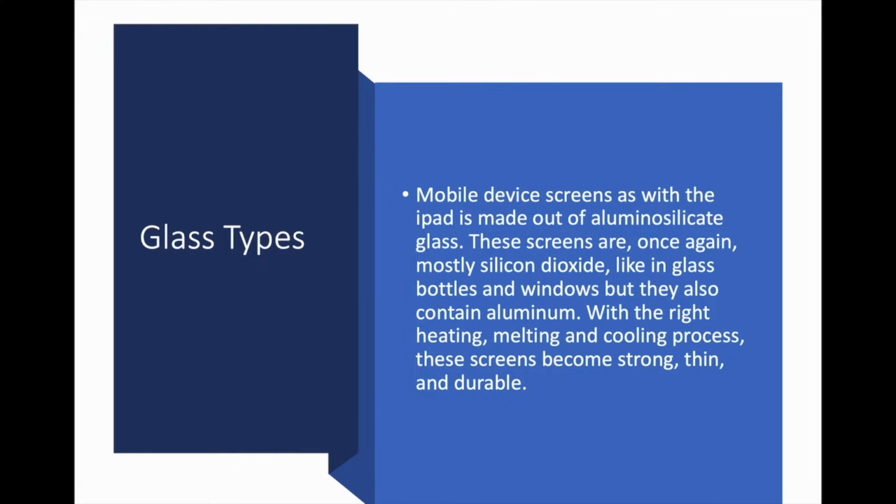So with the right heating, melting, and cooling process, these screens become strong, thin, durable, and resilient to scratches. Along with aluminum, it's also a very special formation process, heating and cooling, to make that clear, strong, durable glass